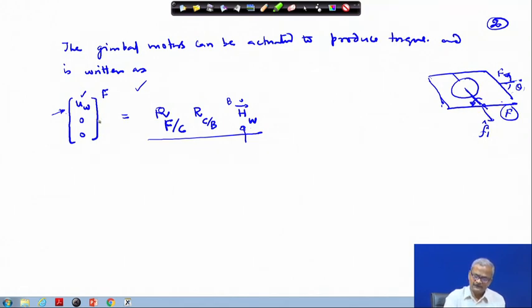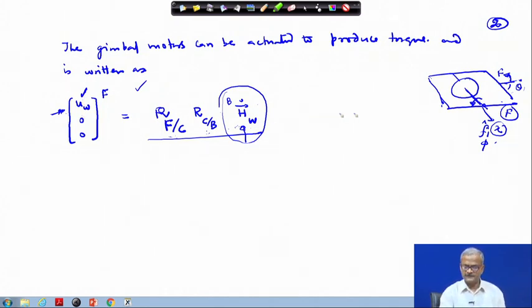So, in the F frame this absolute angular momentum can be converted into the F frame. The rate of change of angular momentum is nothing but the torque. So, this is being converted through the appropriate transformation matrix, which we have written earlier, and once you convert it, this comes along the x direction, or the one direction of the F frame. So, this motor torque will be acting along this direction. So, this is how it is written.